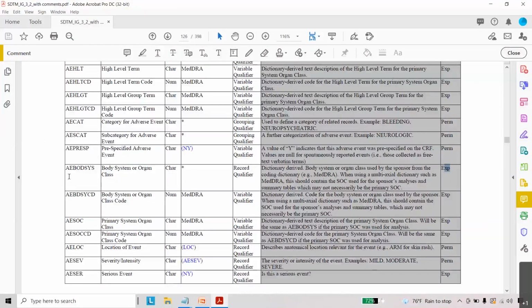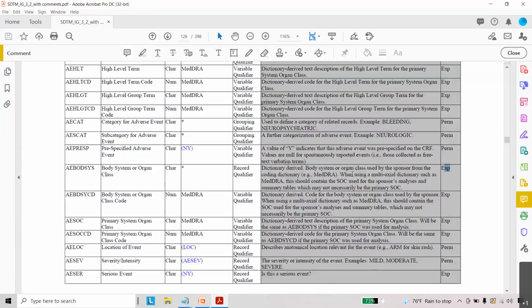You can see different values in AE body system only if required. Otherwise, usually we will capture the same values in AE SOC and AE body system. There is literature available on multiple dictionary paths, but when we want to see the primary system organ class, this value remains the same.